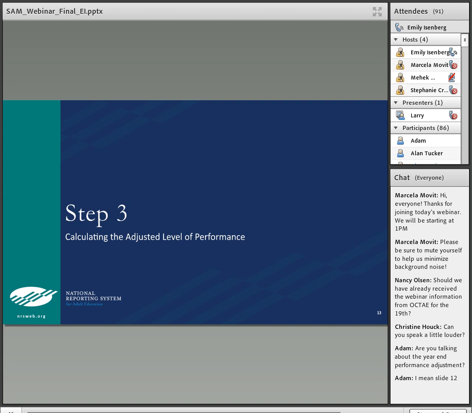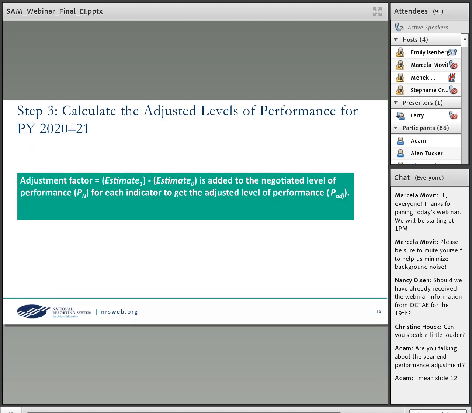After we have the adjustment factor, we can calculate the adjusted level of performance, which is step 3. The adjusted level of performance is the adjustment factor, which is estimate 1 minus estimate 0, added to the negotiated level of performance for program year 2020-21 for each indicator.